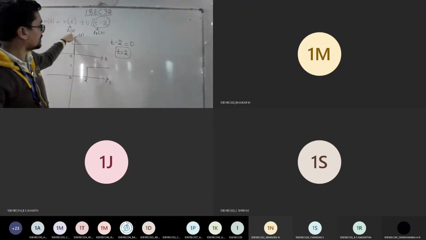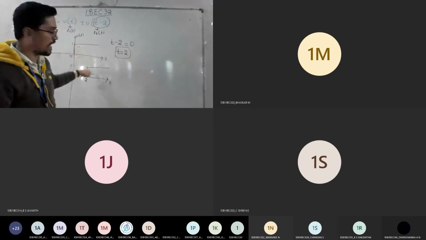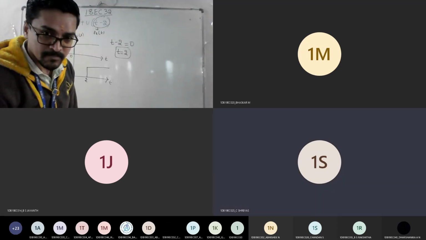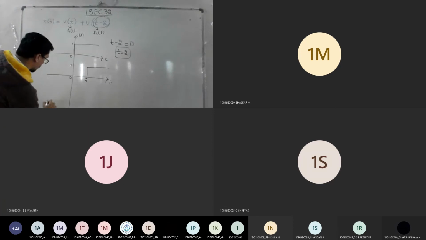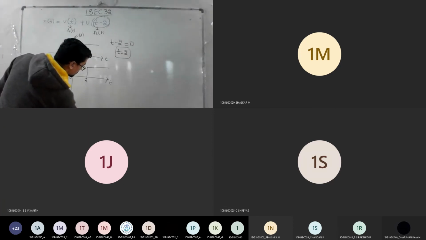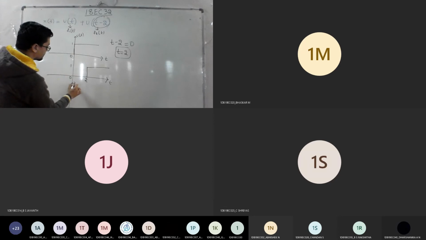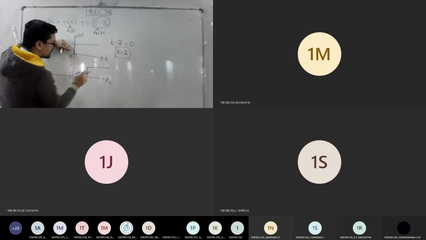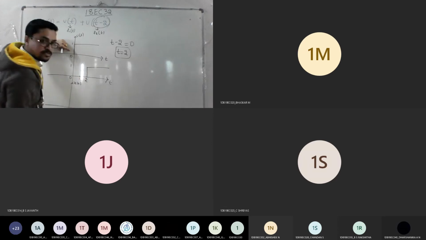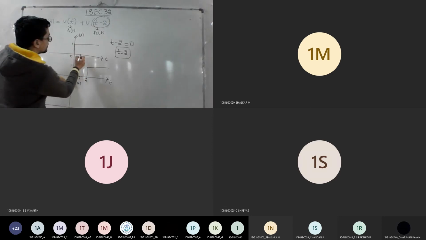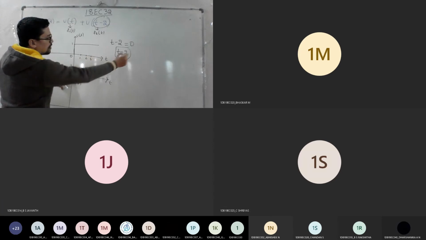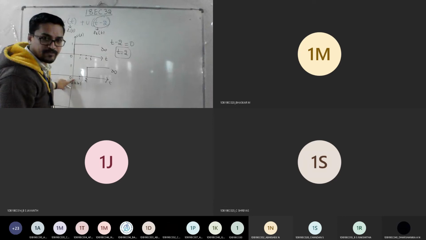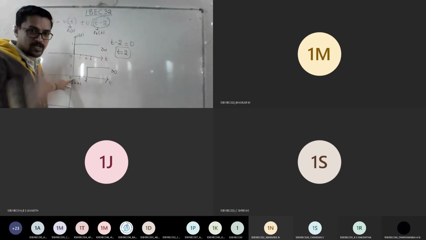I have function f1 of t and f2 of t. Now we need to add these two signals. That is the whole task. Okay, now listen carefully how to do the addition. Now I need to get the answer for my x of t. Listen carefully. 0 to infinity, 0 to 2, and in between there is 1 also. So it is like this: 1, 2, 3, and so on till infinity. Here also 2 to infinity, because the u of t function starts from 1 and goes towards infinity.